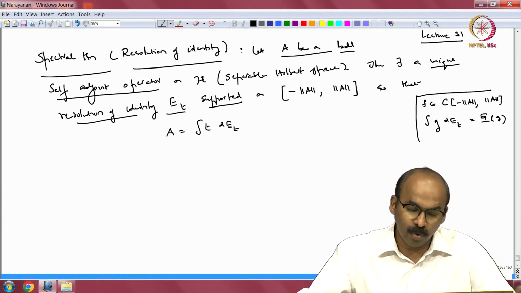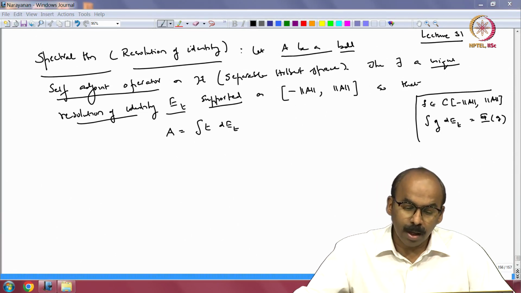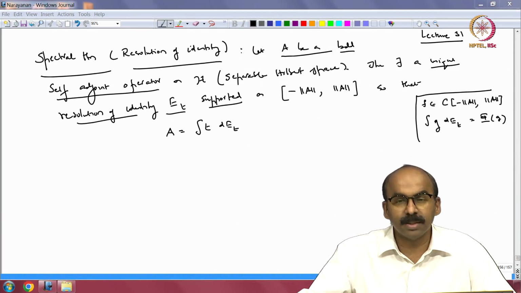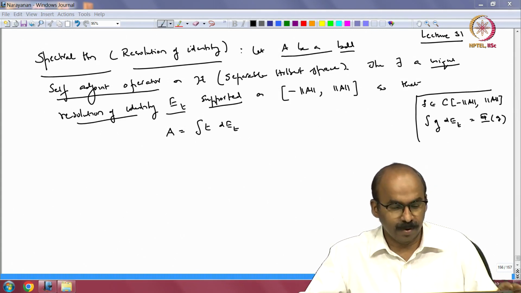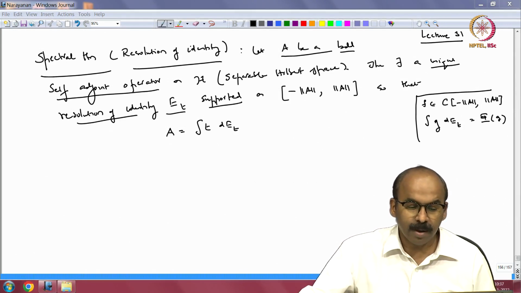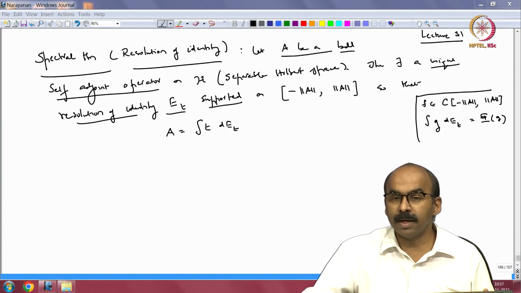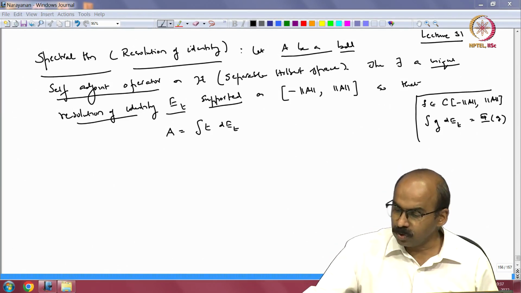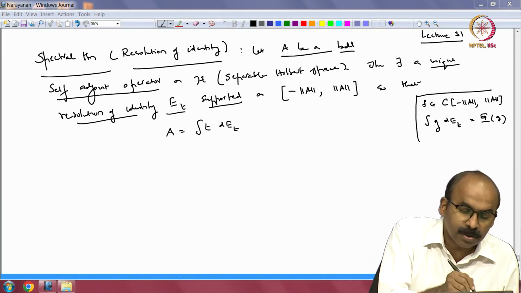Okay. So, if you manage to develop the projection valued measure from E_t, then this is simply that representation we have already seen. One can write it as an integral over the spectrum of A. We may not bother about all such finer details. Our aim is to write down various forms of spectral theorem, and most of them will be supported on minus norm A to norm A, and then we will prove the equivalence of all this. So far we have been able to write down the resolution of identity form. So, let us call this one,